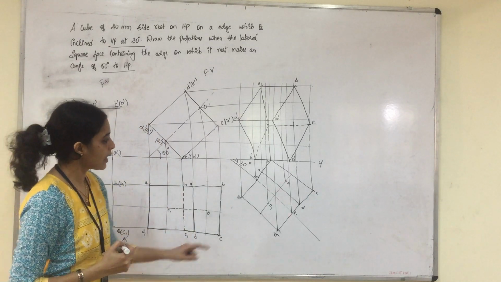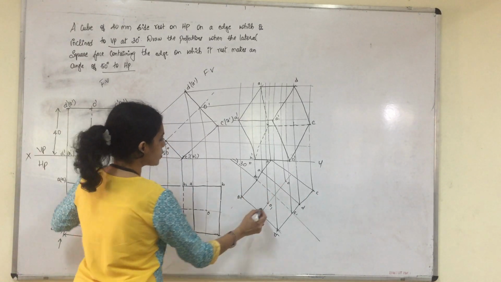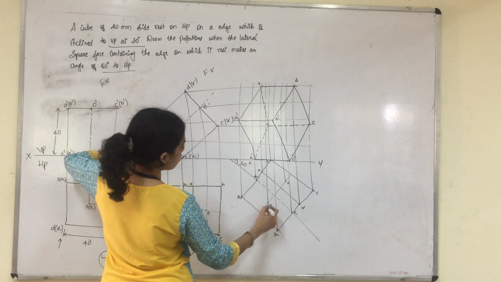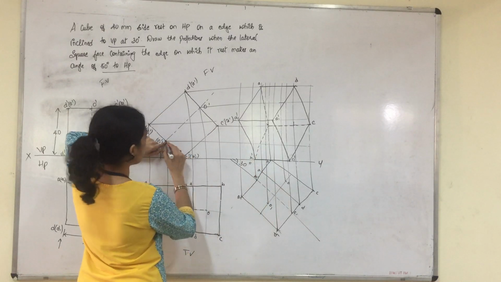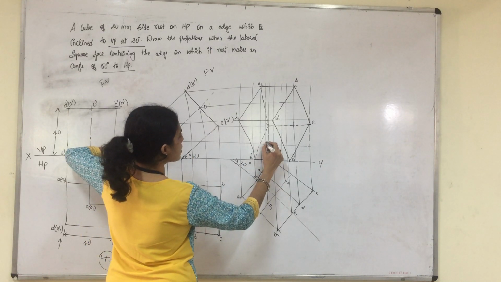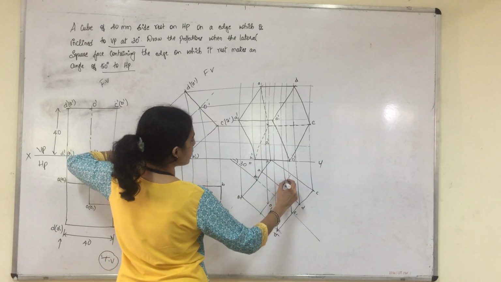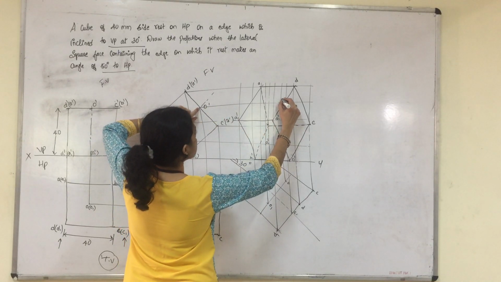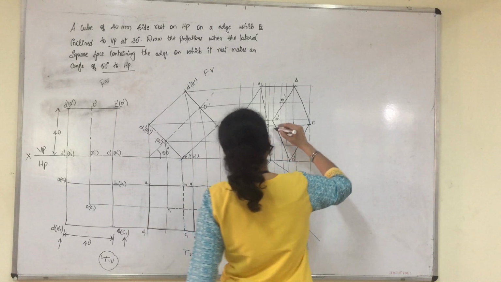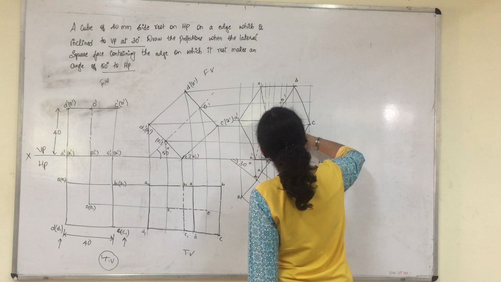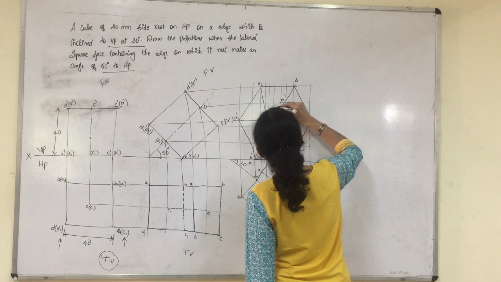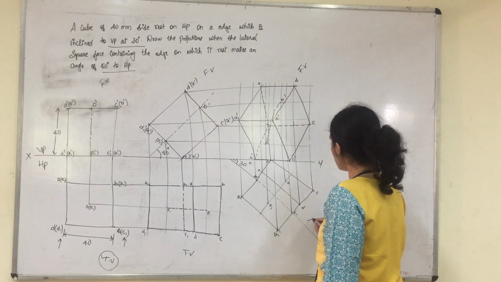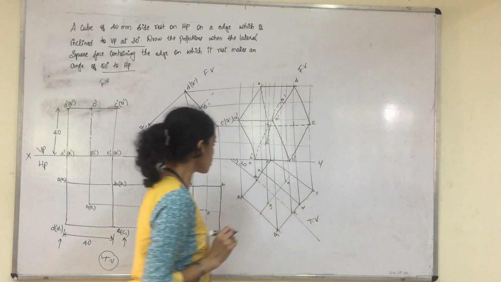So apart from that, we have the center line which we haven't named yet. So we have O1. O1 is meeting O1 dash. So this is the locus of O1 meeting O1 dash at this point. So this is our O1 dash. Similarly, we have the locus of O meeting O dash at this point. So this is our O dash. So we have to join the axis. Show the axis line pattern and join the axis.